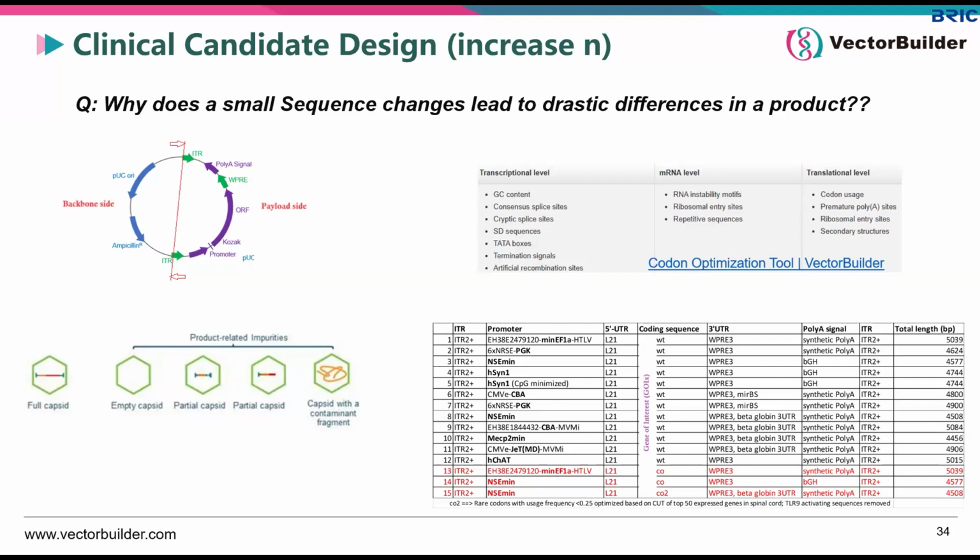And as part of our CliniVec service, we can look at ways to improve packaging efficiency. Packaging efficiency is its own parameter that we try and test early. We look at GC content, splice sites, removing cryptic splice sites. We look at removing termination signals. All of these have been shown to boost packaging efficiency and reduce the backbone packaging, which is the reverse